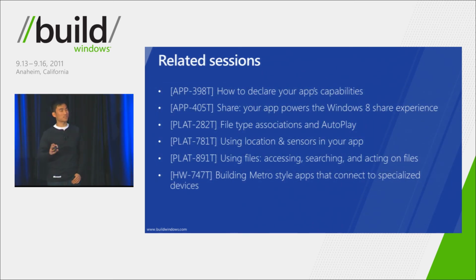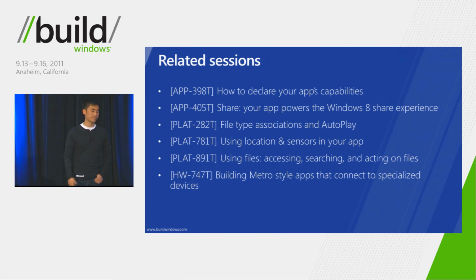All right, so there's a few things that we didn't have time to cover today. We have a talk on how to declare your app's capabilities. Lisa referred to that. So if you're using certain device functionality, you'll want to declare that capability, like SMS or a storage-based device. And that's really to help users feel confident in what the application is using. So they'll know when the application is using text messages, so they won't be surprised if an application is using